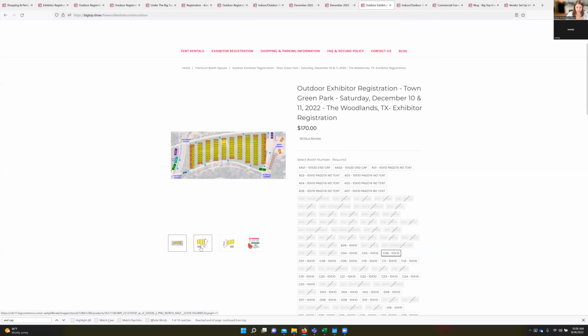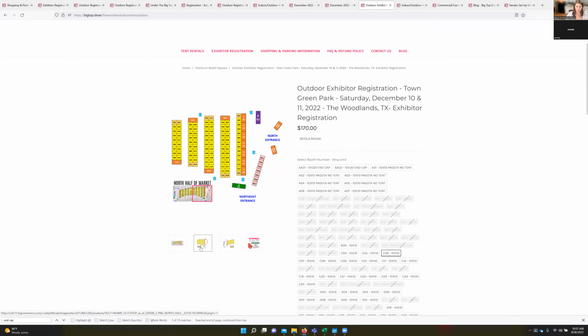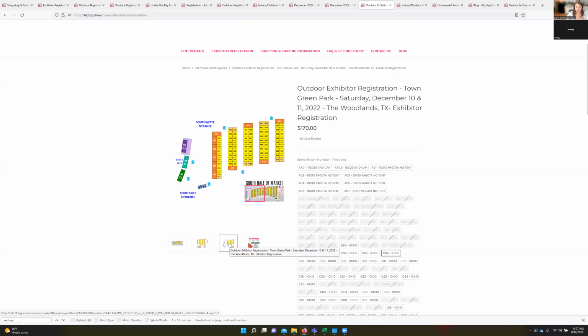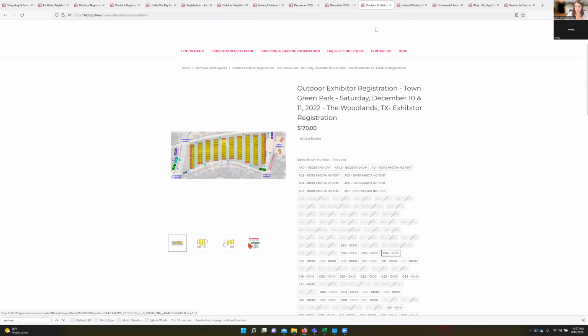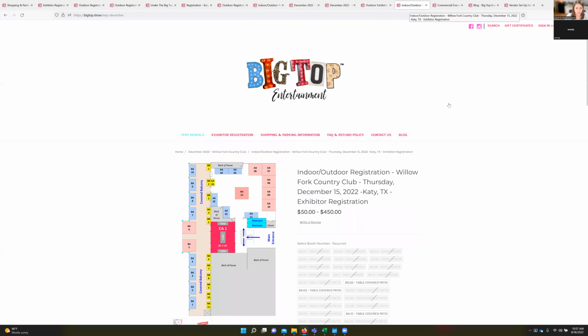And again, on the additional photos, I've blown up the north half and the south half, so you could get a little bit closer photo of what's going on. All right, moving on to